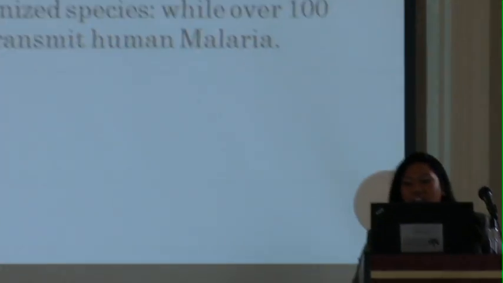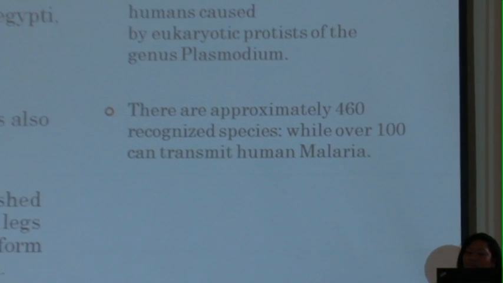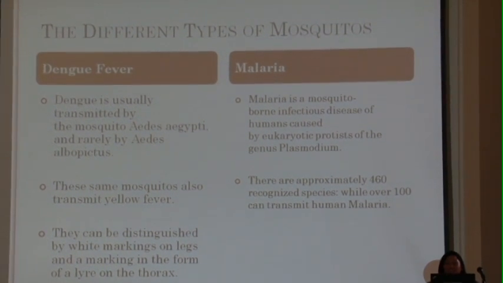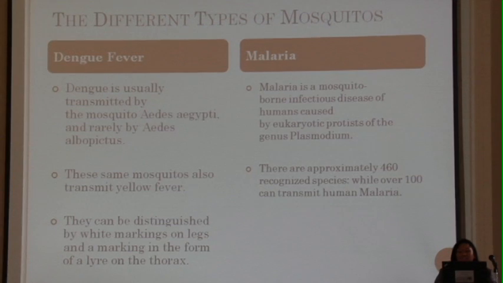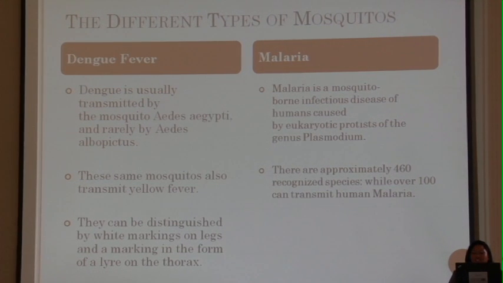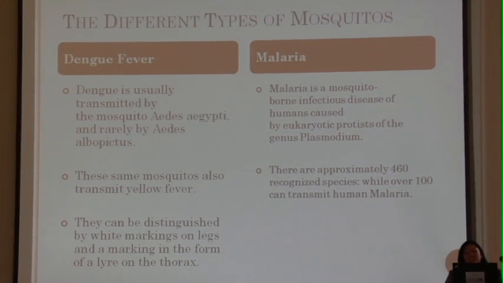Since malaria and dengue are both very well-known tropical diseases, they are often mentioned together and confused, but they are vastly different diseases. For one, malaria and dengue are usually not found in the same locations. While dengue is predominantly found in urban areas, malaria is not. And while both dengue and malaria are generally spread by mosquitoes, the types of mosquitoes that spread these diseases are different. So let's start with this PowerPoint. That was just my introduction.